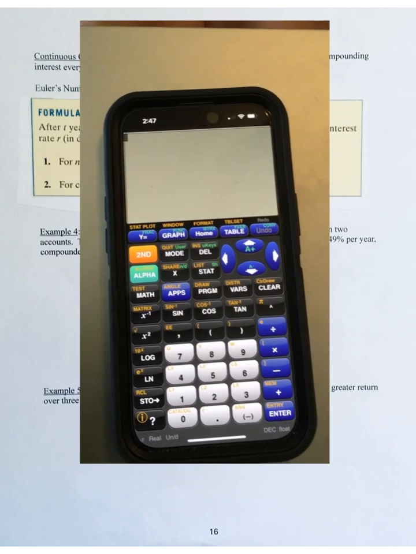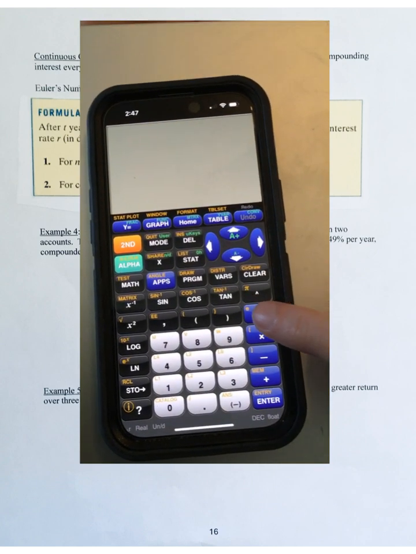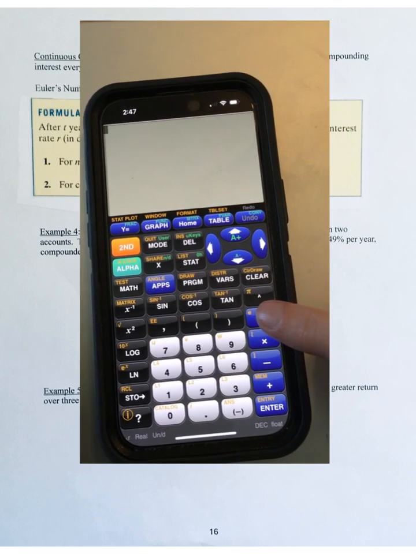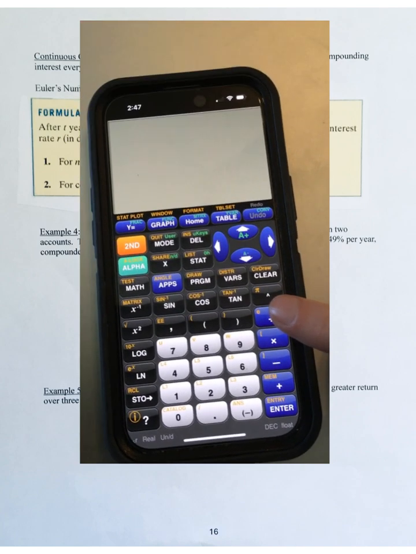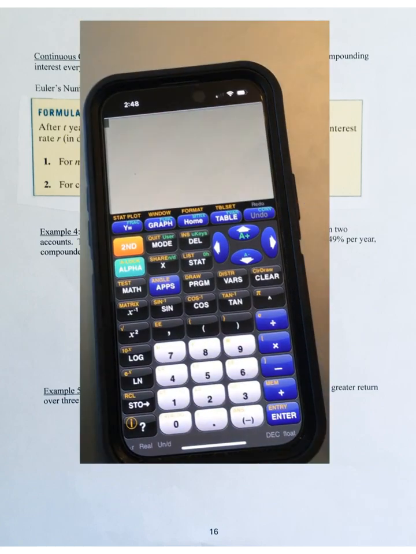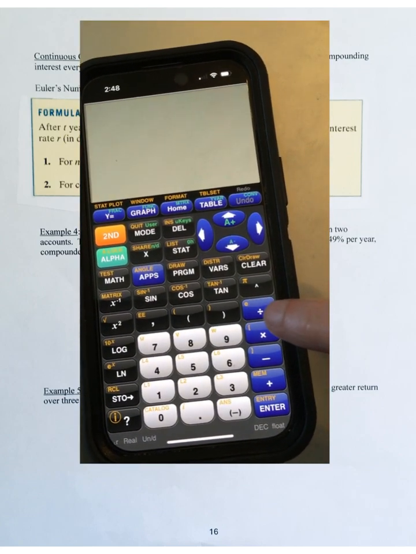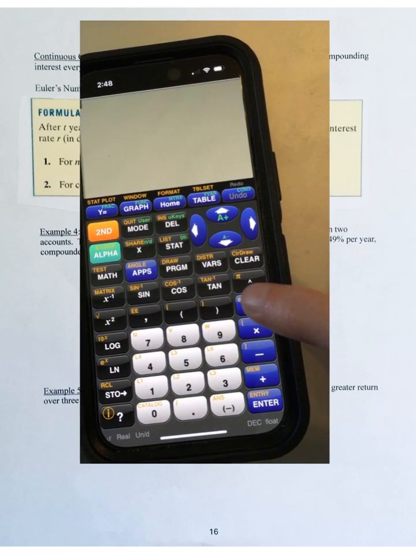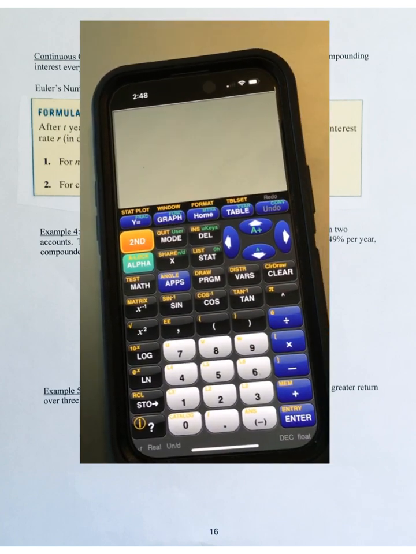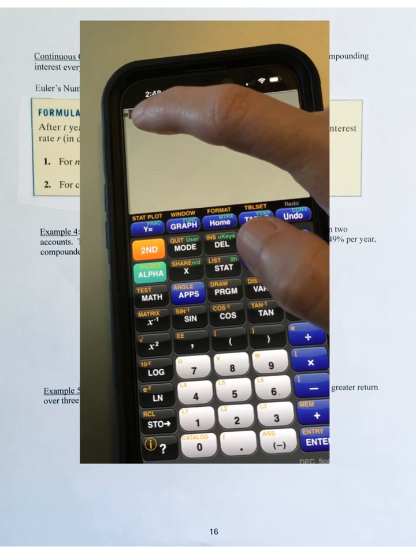Graphing calculator, two different E buttons we said you could use. The first one is right here. Now your colors might be different than mine depending on which version of the graphing calculator app you're using. Mine happens to be yellow, which means I need to hit 2 button clicks. So my first E option is right above the division button. So I'm going to think color coding. I hit second, and after I hit second, I hit the division button, and E comes onto the main screen. So that's